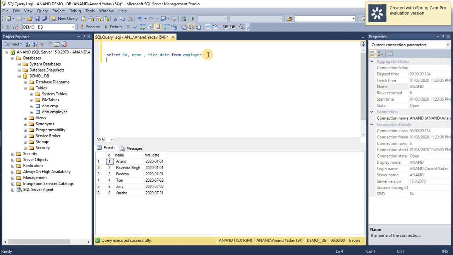The second part of this syntax is the filter, the where clause. Now I want to see the employees who were hired on this date, 2020-01-01.